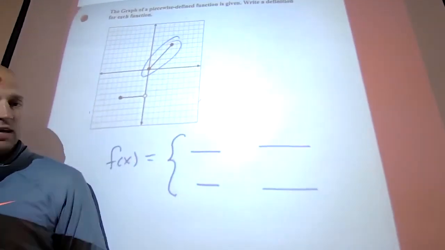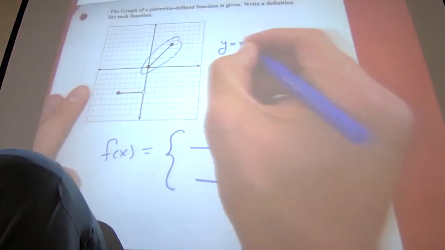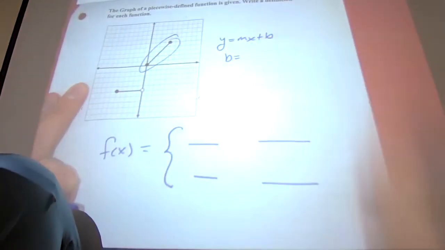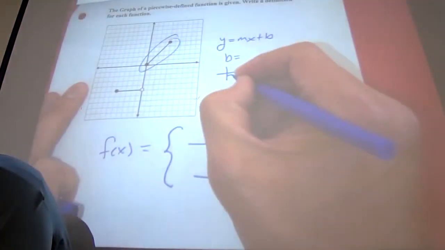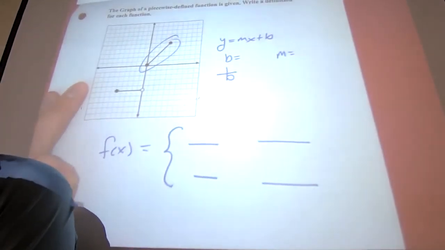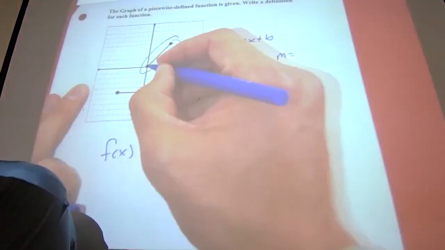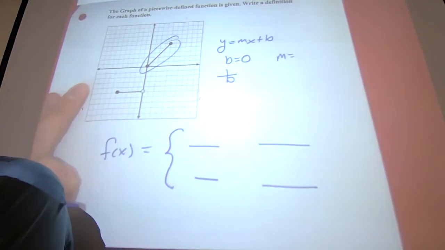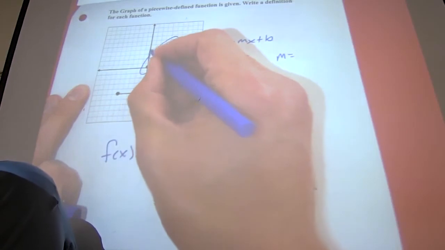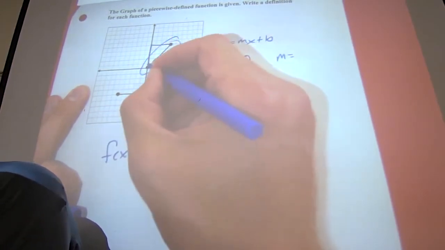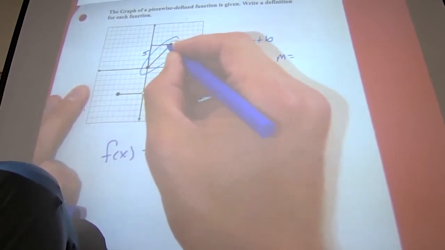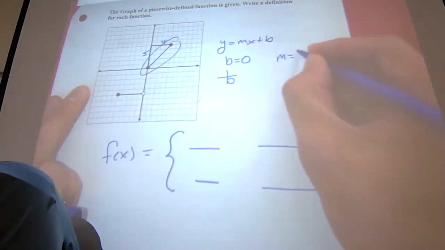We clearly know this is a line. We know this is like y equals mx plus b. So we need to come up with those two things. We need our b, where it crosses the y-axis, and then we're looking for our slope, m. So I take a look. My b value is right here at 0. So I know b is 0. And then I have to figure out my slope. So rise over run: how much up? 1, 2, 3, 4, 5. And over 1, 2, 3, 4. So my rise over run